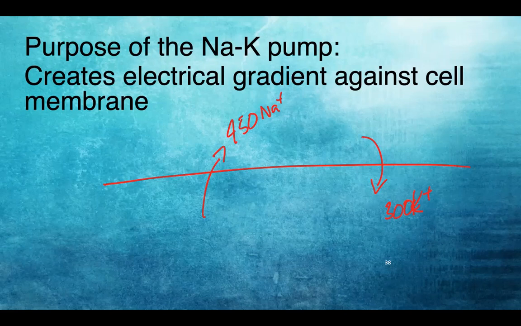Now, why would we want to create an electrical gradient, you might ask? It's extremely important for the transmission of nerve impulses. I don't know if you guys, you're probably too young to have seen the movies The Matrix, or maybe you have, watching them as old movies. But part of the idea of the Matrix is that these big giant robot things have taken over the world, and they are growing human beings as a source of electricity because our brain communicates with our body through